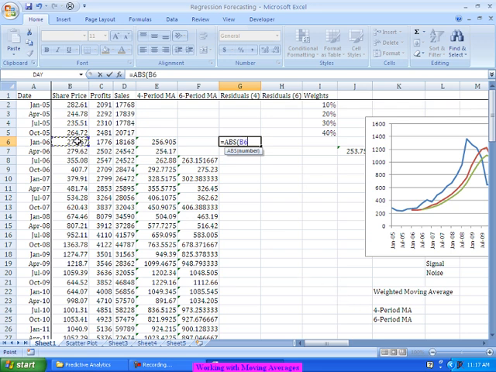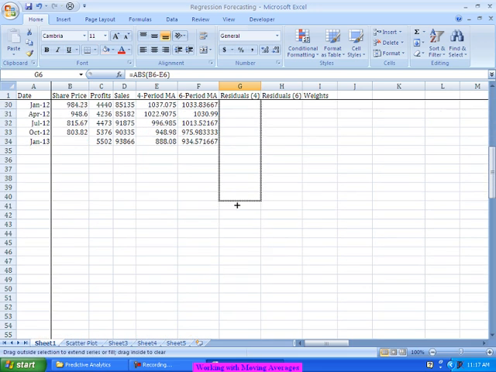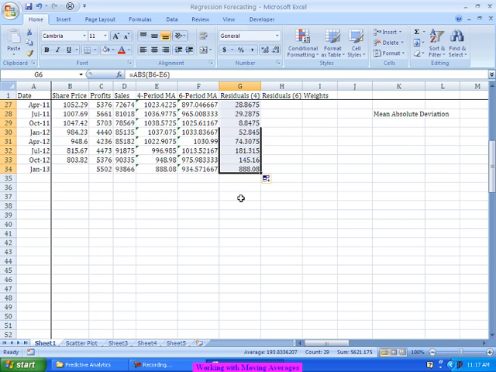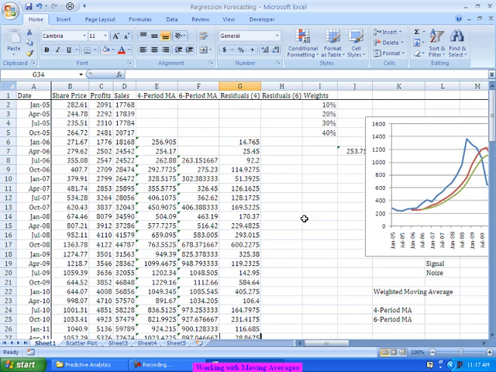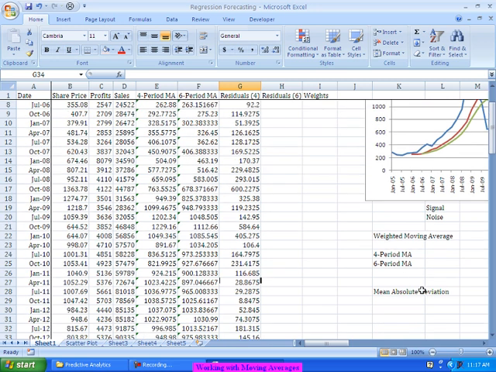So the actual value is 271 minus the 4 period value, 256. I am taking only the absolute values for all these instances. So with respect to the 4 period, my values are something like this. These are my residuals, from what was being forecasted to whatever the actuals were. These are the differences. Now, if I take the average of these numbers, that is what will give me